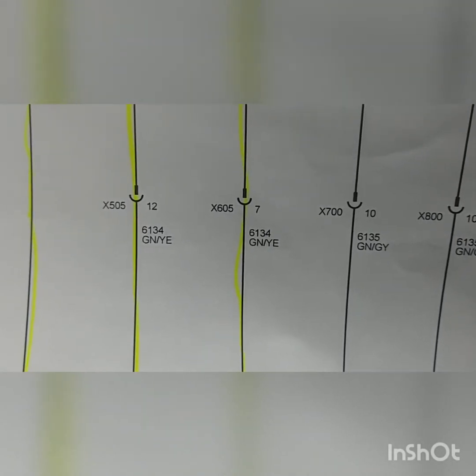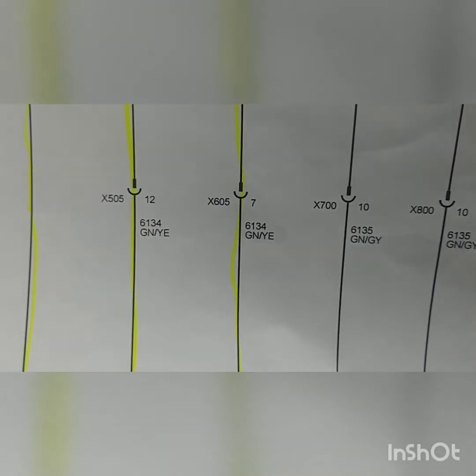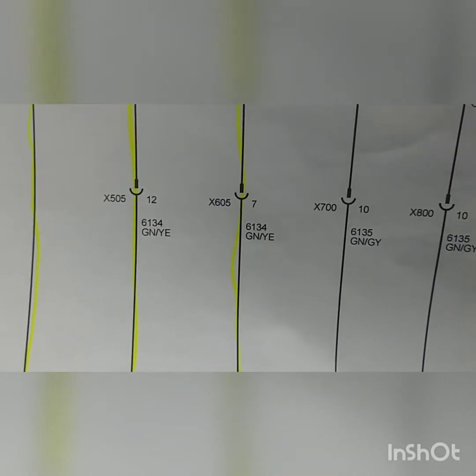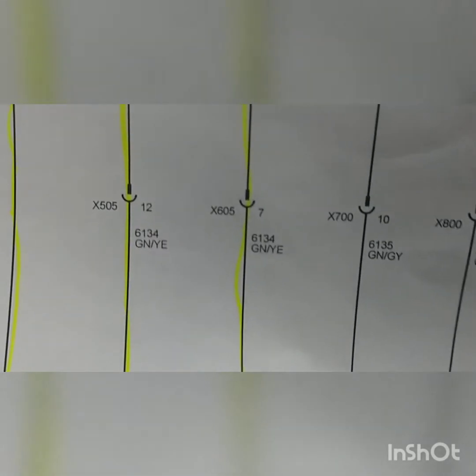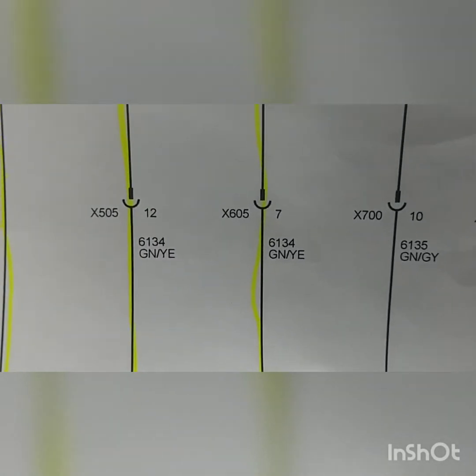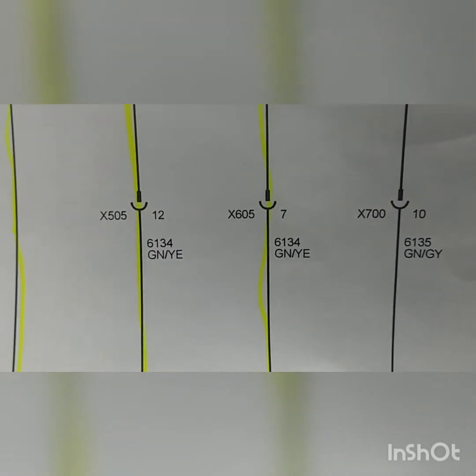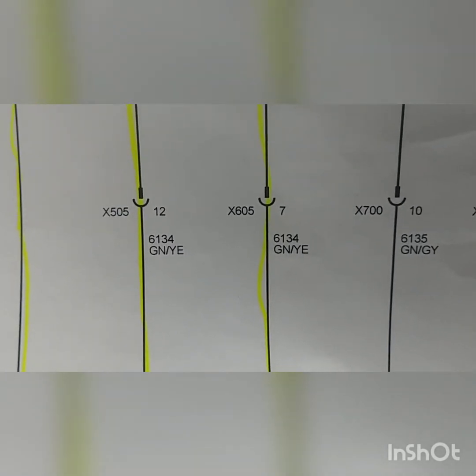So there was no apparent short to ground or apparent open in the circuit. Pretty much we just had a high resistance on pin 7 on circuit 605,